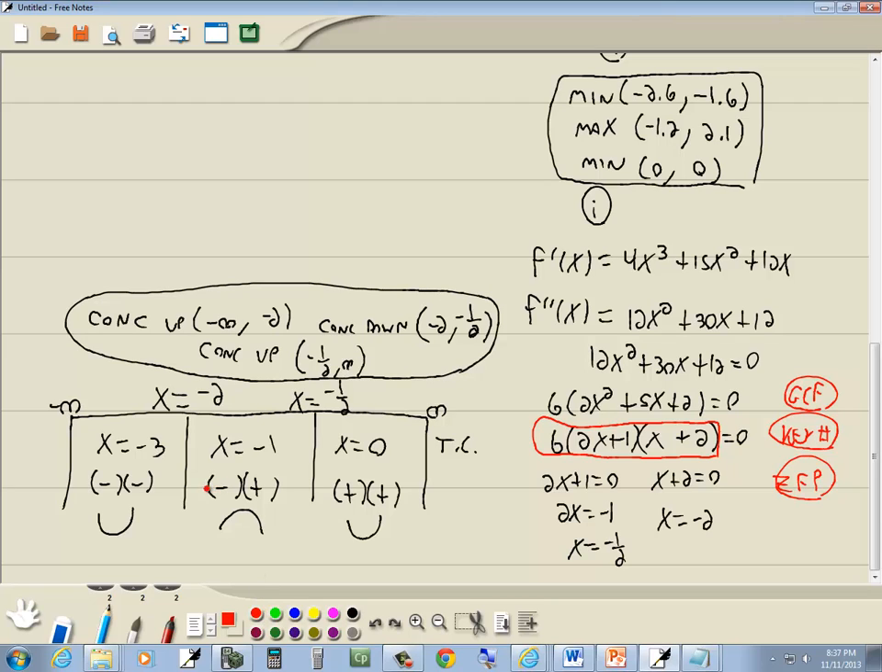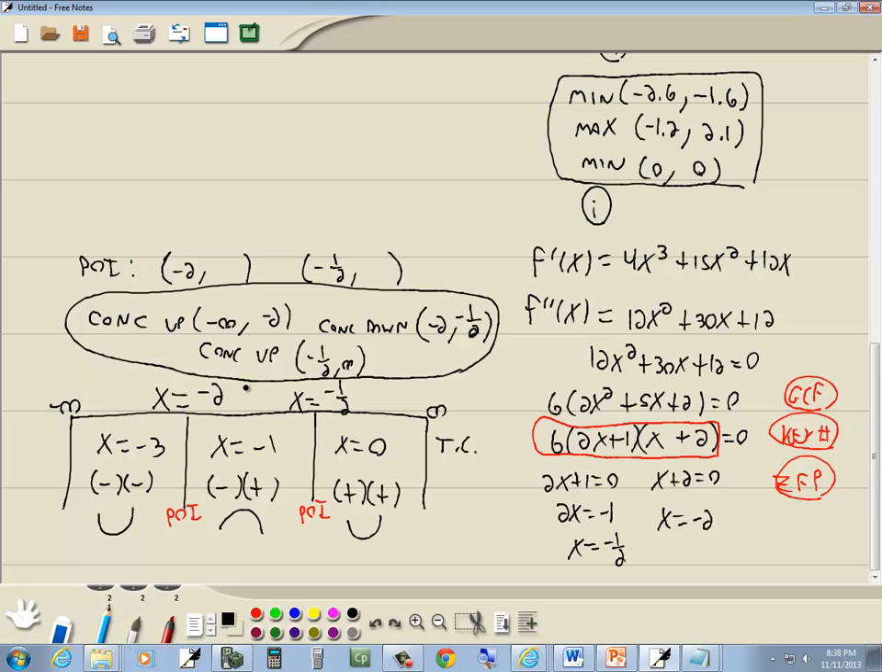Okay, now our POI is where the concavity changes, assuming the point exists. This is concave up, then changes concave down, so we have a POI at x equals negative 2. And it also changes here, so we have a POI at x equals negative 1/2. So our POIs, we're going to have one that's negative 2 comma something, and the other one is negative 1/2 comma something. Now we want to plug those back into our original function,